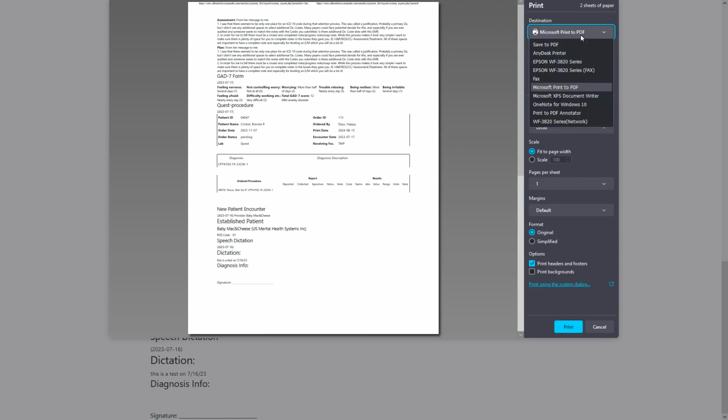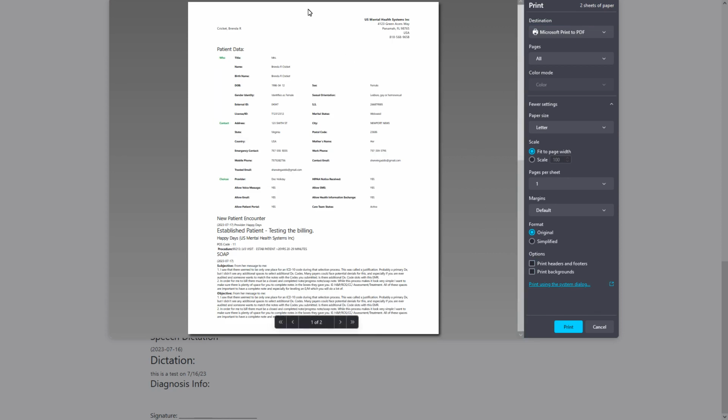Right now I have mine set to PDF, but I can also set it to any printer that I have in the office. And the last thing, of course, is to uncheck headers and footers, and that will clean up your page so that you don't print any of the